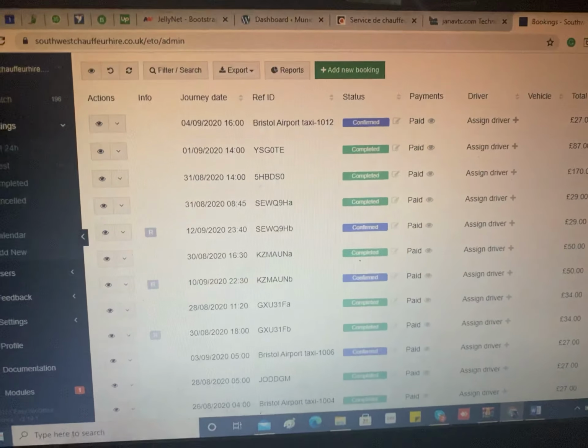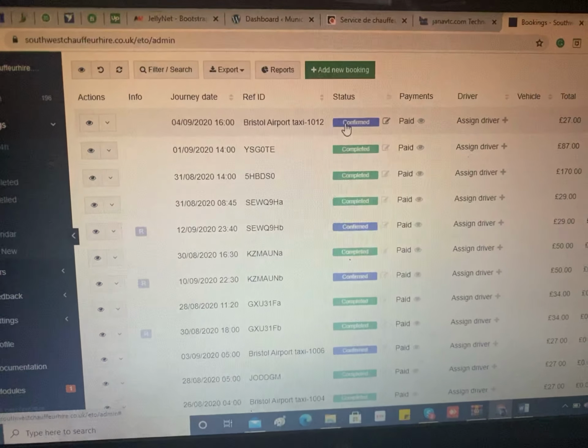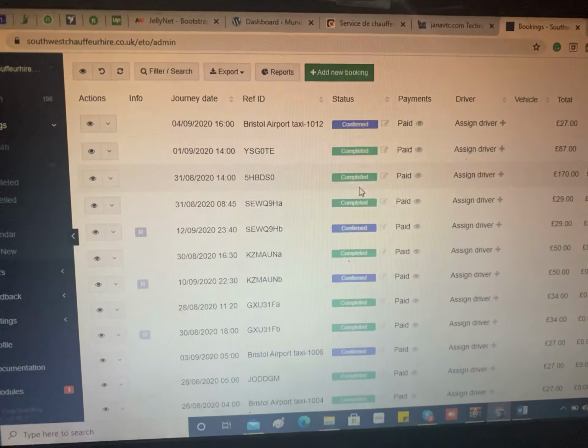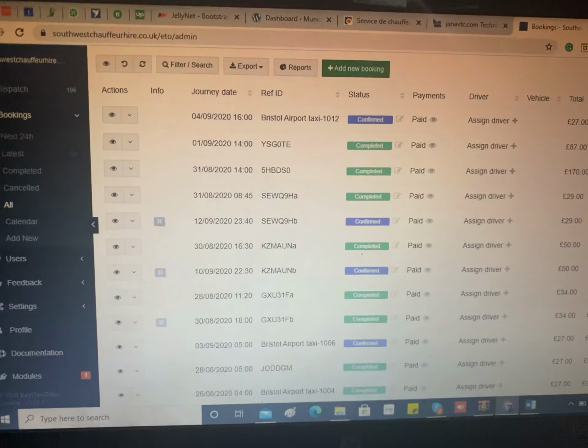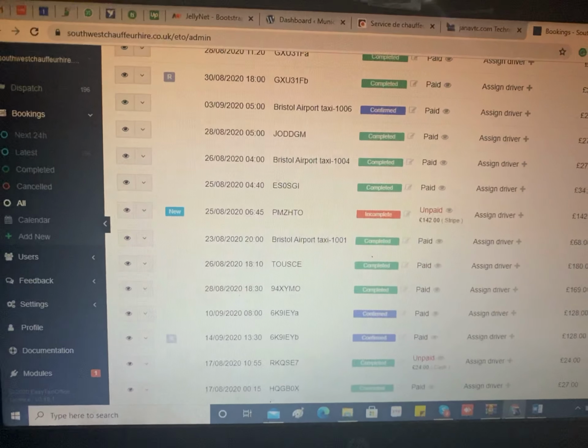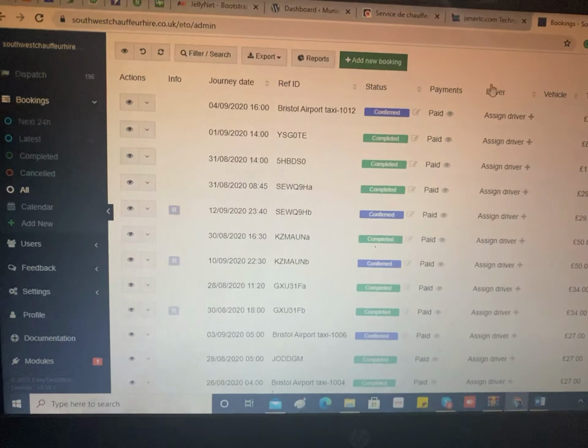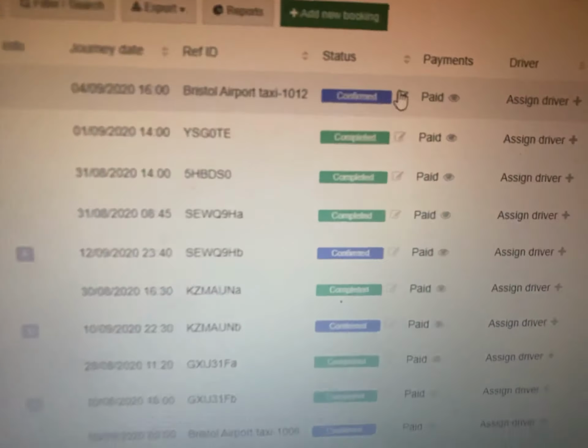Basically, the blue button means confirmed, the green button means completed, and the red color says job rejected, if we weren't able to cover the job. From this section, as you can see with my mouse, we just click on it and we can confirm the job, cancel the job, and there are a few other changes we can make. The client will receive an automatic email that their booking has been cancelled or confirmed with us.